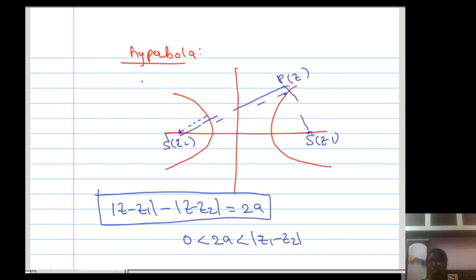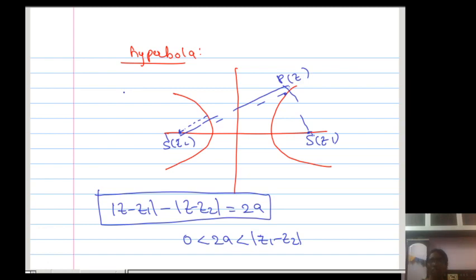In the ellipse, as I told you, the sum of the distances from any point on the ellipse to two fixed points is constant. In the circle, as I told you, the locus of all the points having equal distance from a fixed point. That distance is the radius and the fixed point is the center. If you join all those points, it represents a circle. So these are all our meanings.